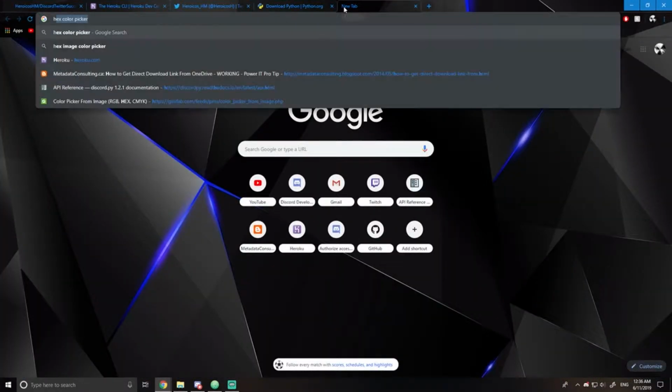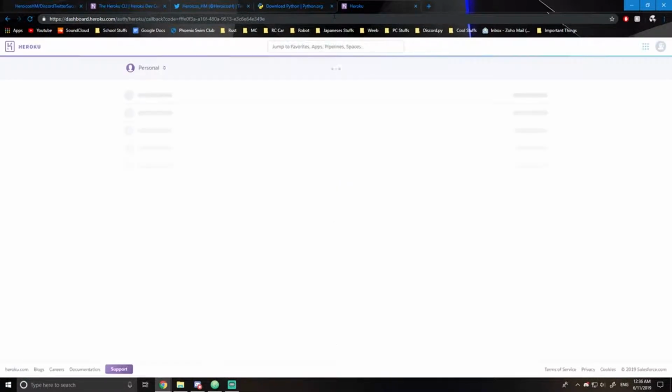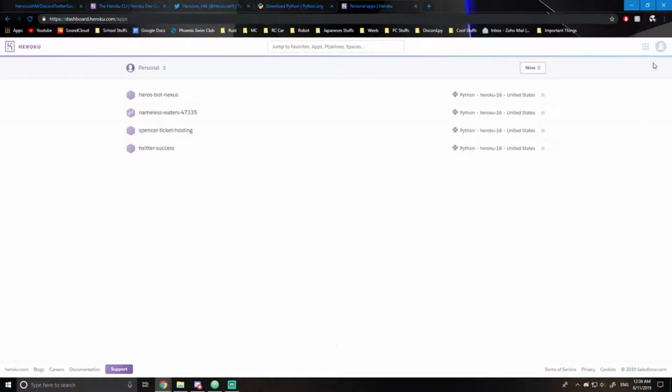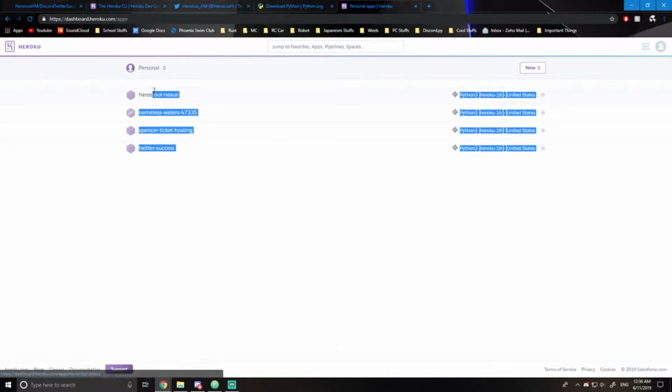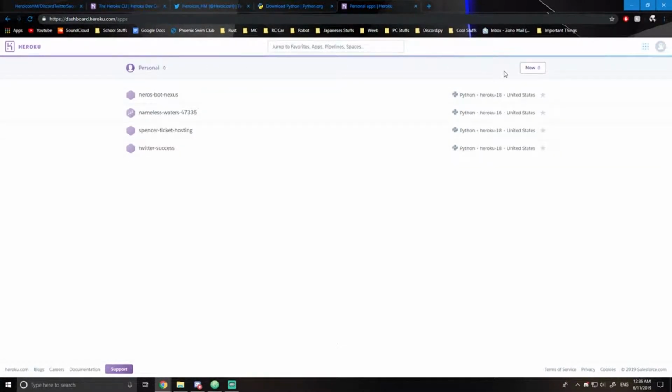To do that, first thing you're going to do is go to Heroku, of course. And what you will need to do here is create an account if you do not have one already. Really simple process, just enter in login information, all that. It'll probably send you a confirmation email, confirm it. And then when you come back, you'll see a page that looks like this, but probably without all this information. All you're going to do is click New,